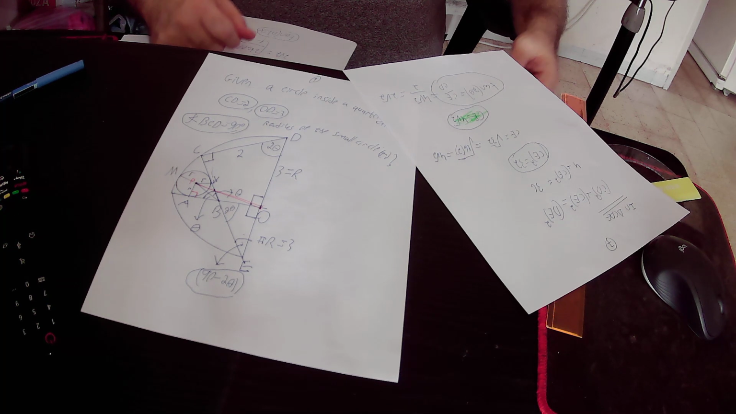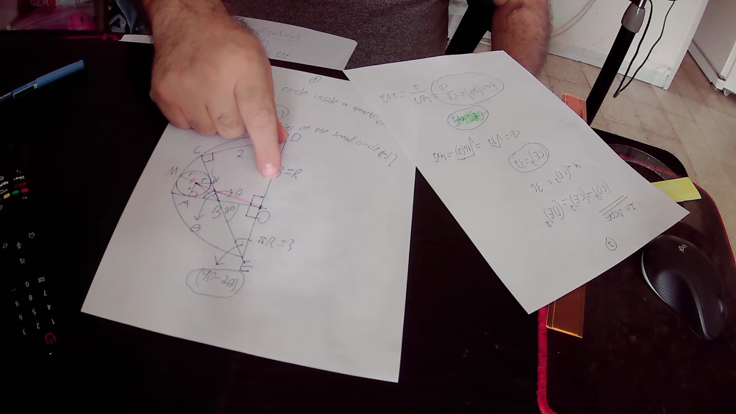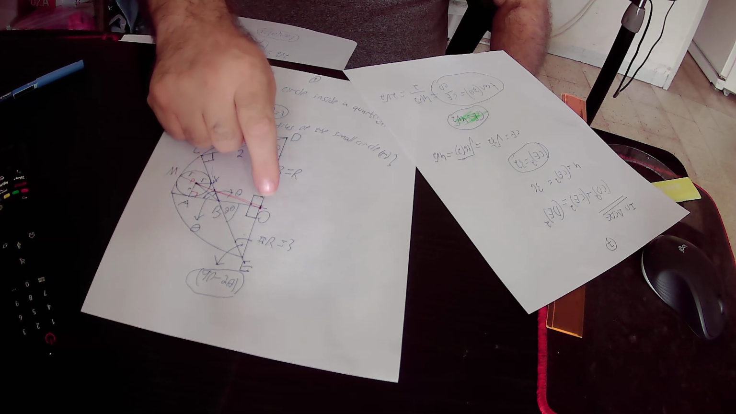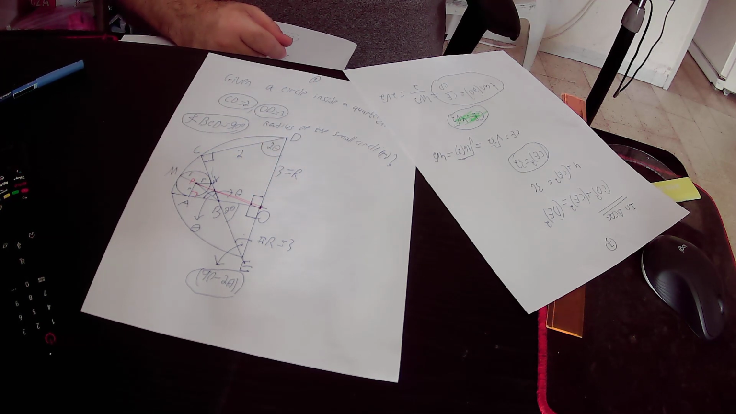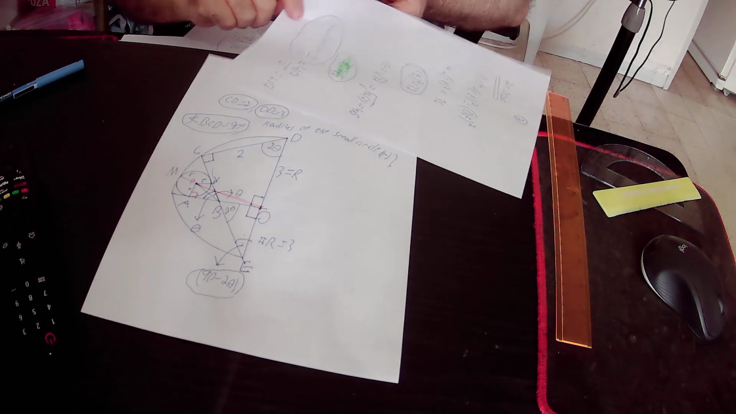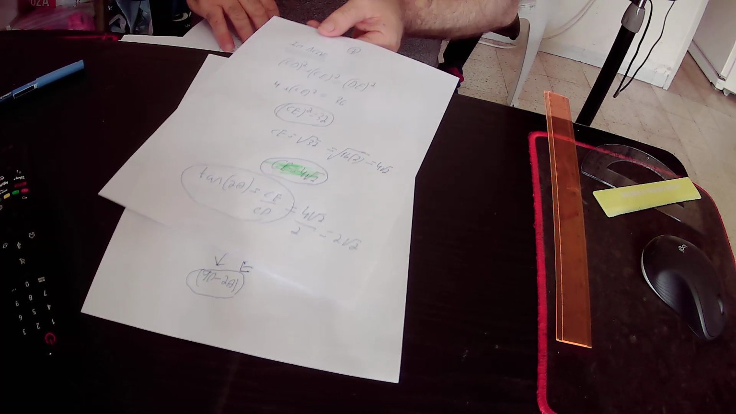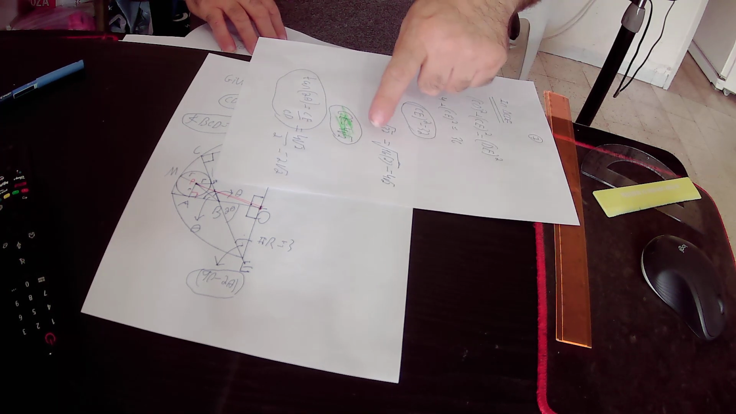So DE is the diameter of the semicircle, so it equals R plus R, that is 3 plus 3 is 6. So we know that DE squared equals 36. And CD equals 2 units. So the only missing variable that we have here is CE. By solving this equality, we found out that CE equals 4 times root 2,